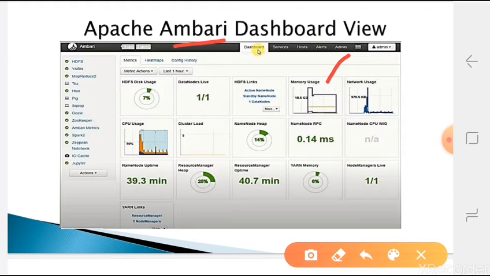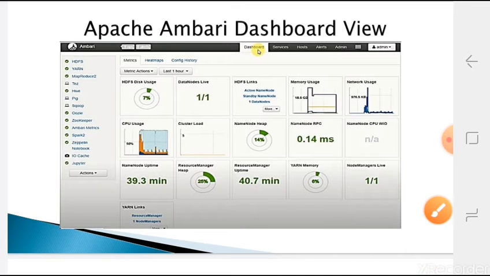When you double click it, a different number of nodes will be there. Again you can click on the nodes, then you can see the particular node's usage, memory usage. Okay, so this is the overview. Like that you have different 15 or 16 widgets. If you want to add one, you can add it. If you want to remove it, you can remove it.